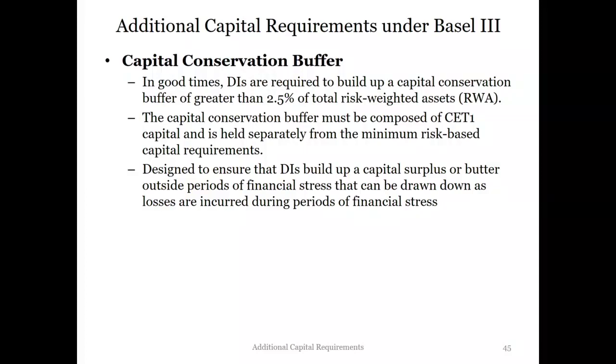So the capital conservation buffer says that if we are around the upper hill of the business cycle, regulators should ask a bank to keep additional capital on top of the existing CET1 capital ratios, right? And that should be a buffer ranging from 0 to 2.5%. And currently in Australia, we have a 2.5% capital conservation buffer.